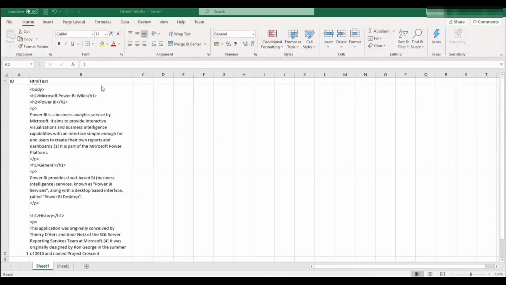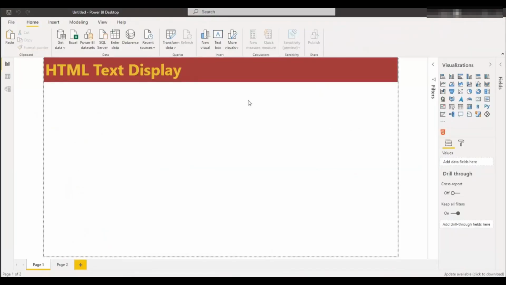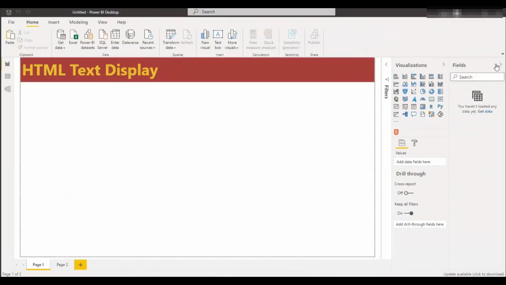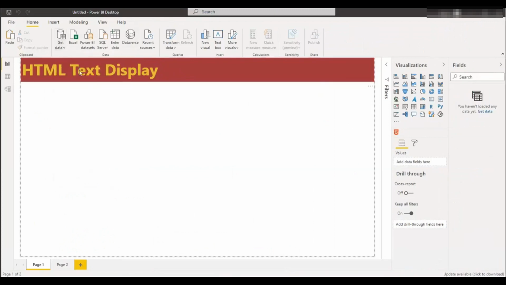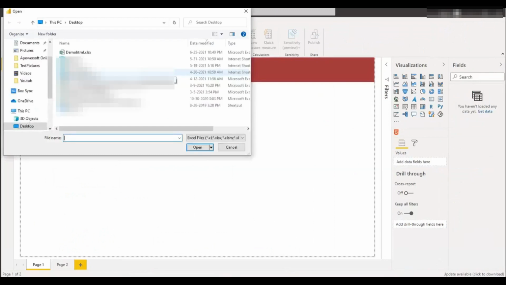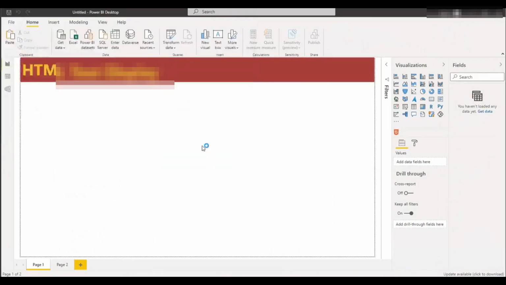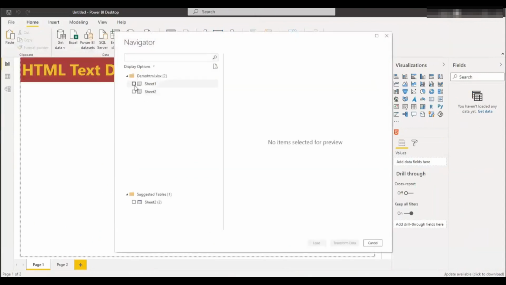So let me show you how we can display it in Power BI. I have a blank page. I'll get the data. In my HTML demo, I will select sheet 1.